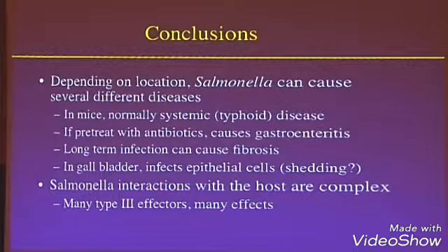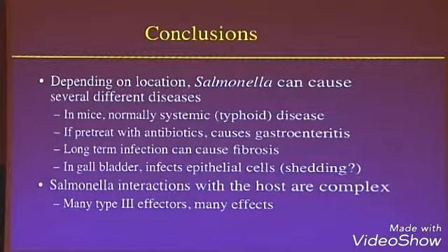So that brings me to the end of what I want to tell you about Salmonella. We've gone through many different aspects of it, but what I wanted to do is bring up some of the areas that are different from the way we think about it, and how these effects contribute to Salmonella. One of the things I tried to drive home is that depending on where Salmonella is, inside the intestinal tract or in the liver and the spleen, you get very different diseases. And that argues you've probably got different virulence factors and different bacterial factors doing this.